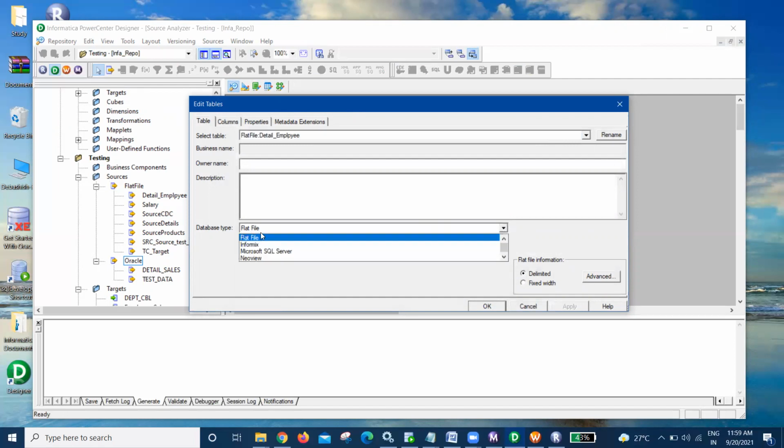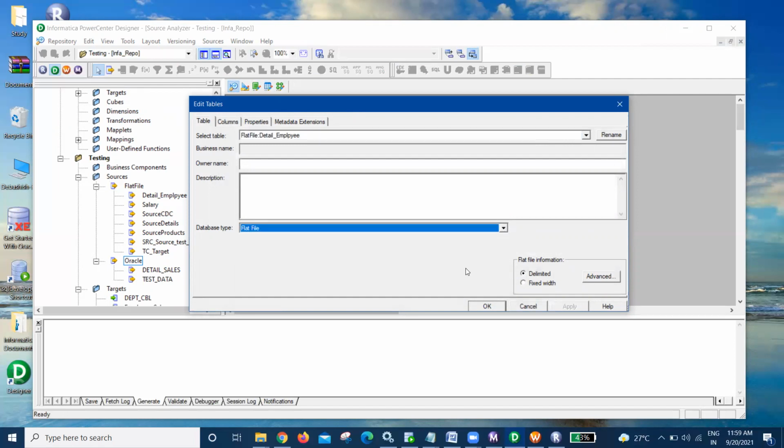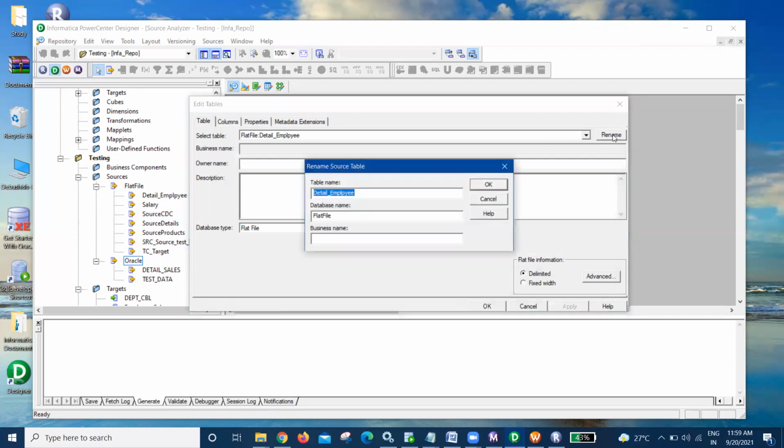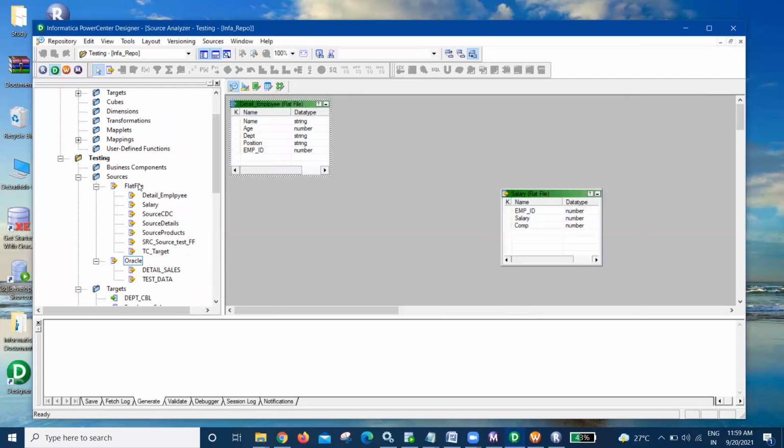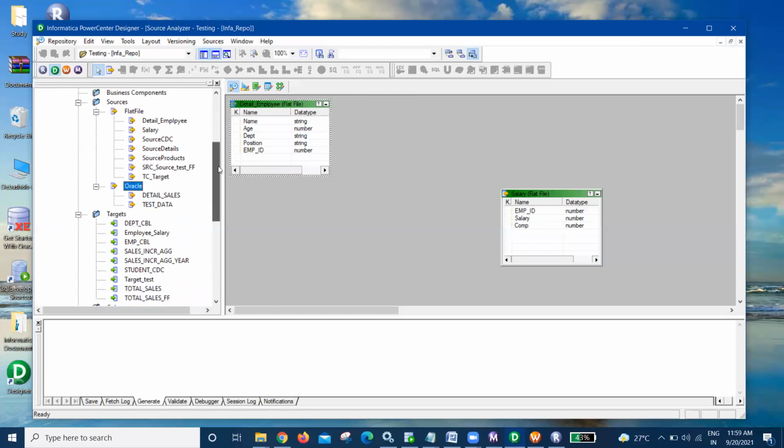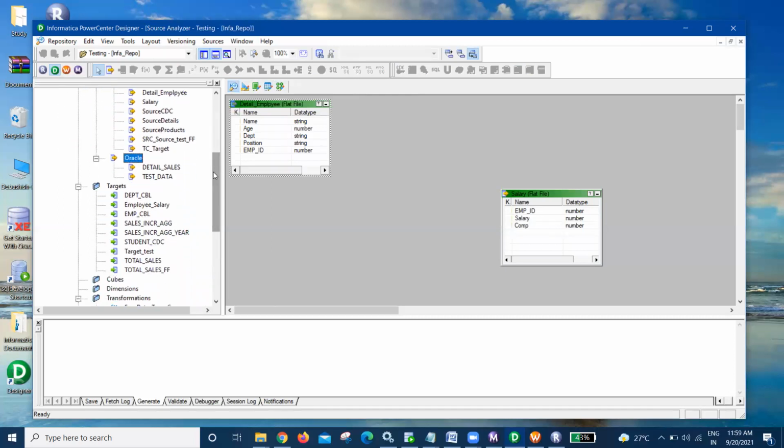Once you select something, it will create that group and add all the details within that. If you want to rename it, you can click on rename and change the name over here. Again, that will go to a different group. That's about the groupings that are available for the source structure, just to understand and differentiate between the different types of sources.